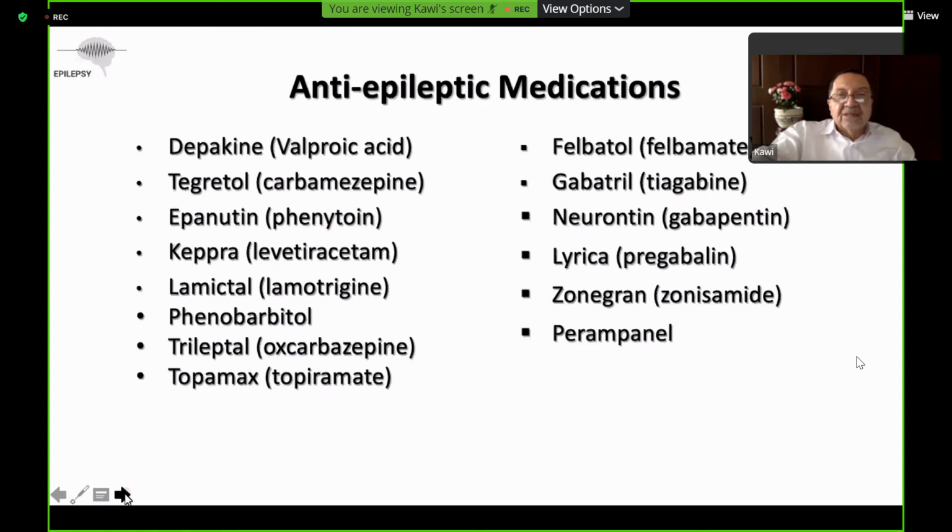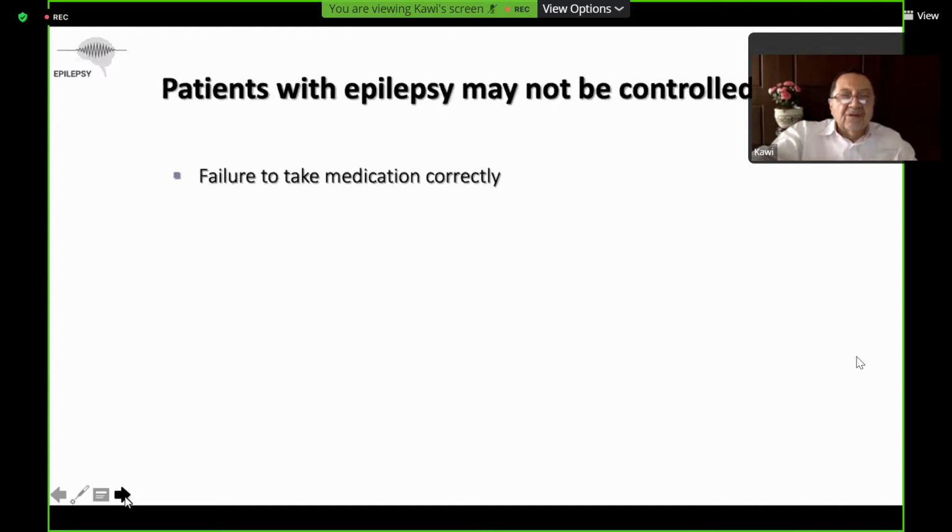There is a list of anti-epileptic medications. I think you will be exposed to it in the pharmacology course. I'm not going to go through it in great detail, but you give the patient medications and the patient may not get controlled. Either he is not taking them correctly, or he's being sleep deprived, and that happens sometimes to students during examinations, or he's maybe going through stress, or his